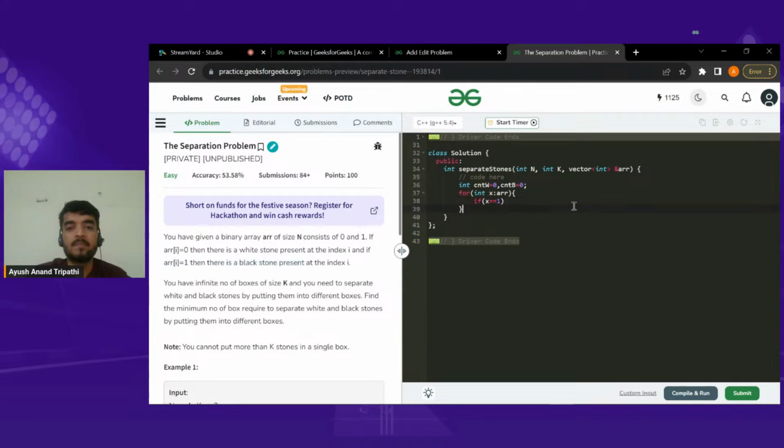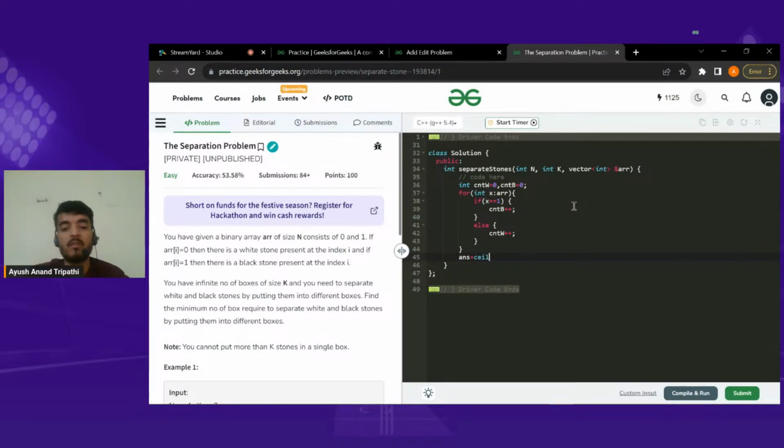So CNTB plus plus. Otherwise CNTW plus plus. And my answer will be equal to the ceil value of